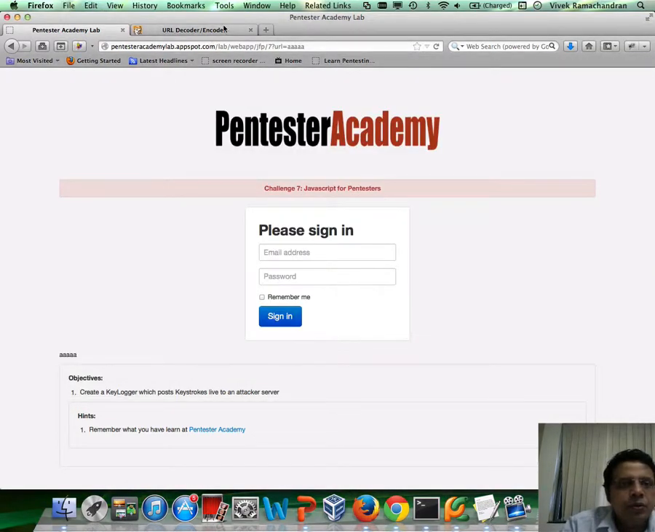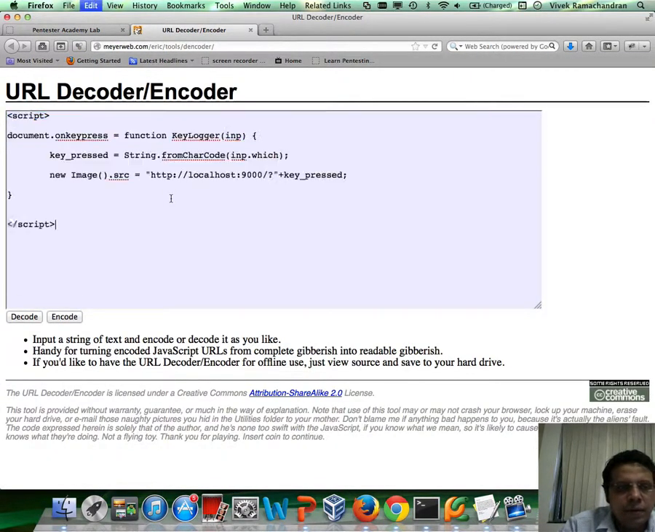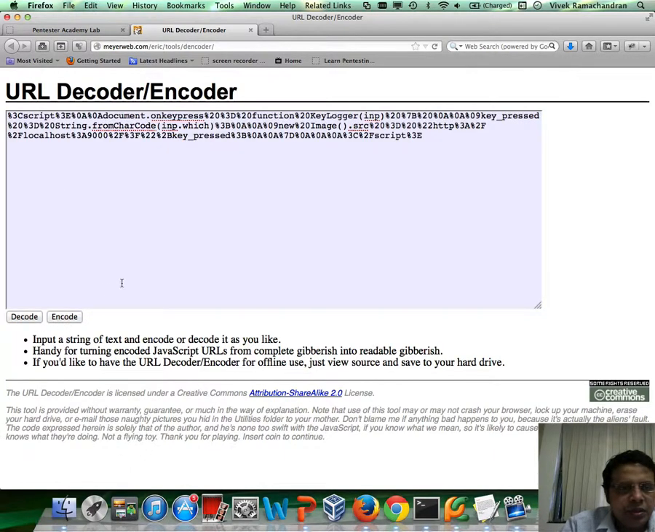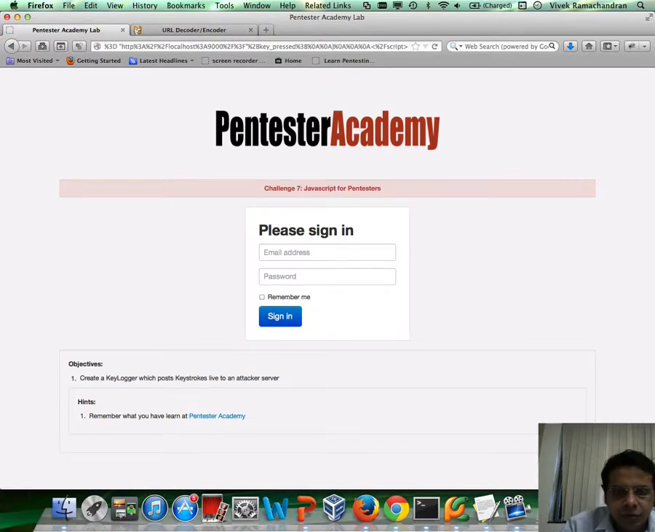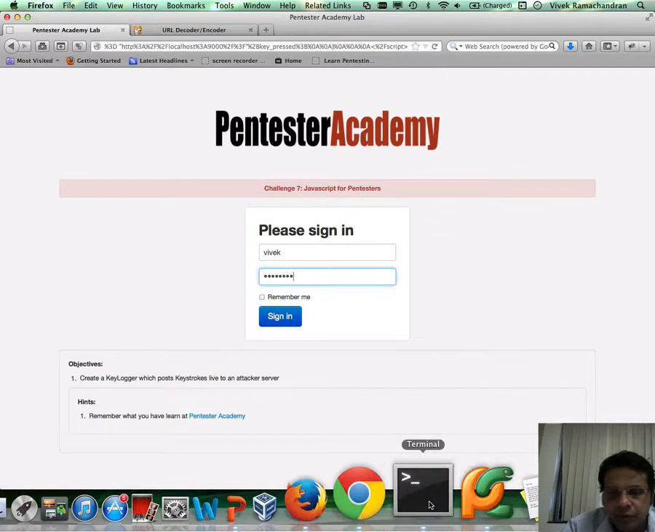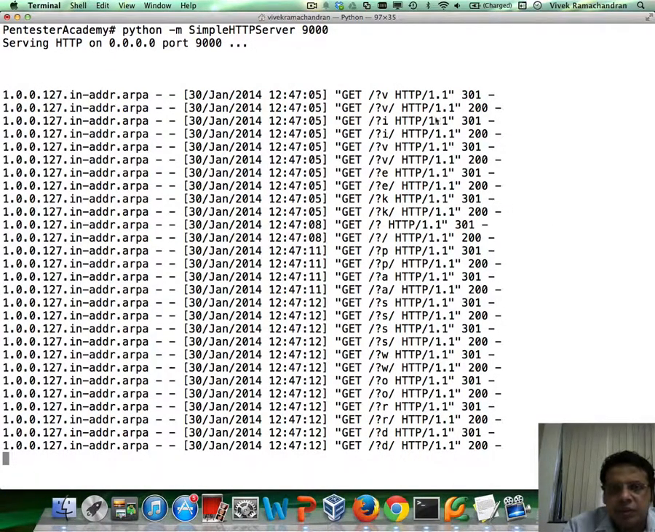Let's copy this out, paste it, copy it in, use the URL parameter to inject it into the page. Great. Now we can go in here, we type in Vivek, hit the tab, and let me type in my password, right? And now if I go back in here, if you notice, you clearly see V, because there are redirections